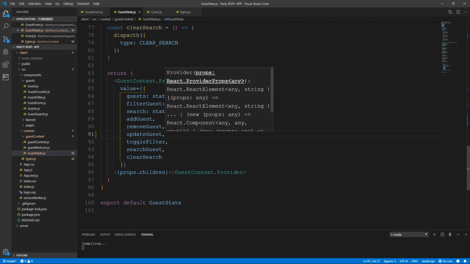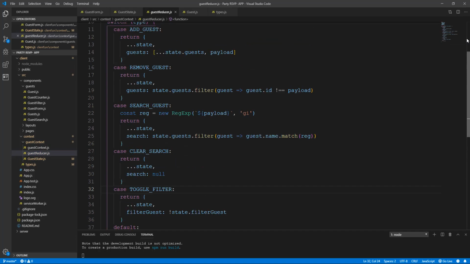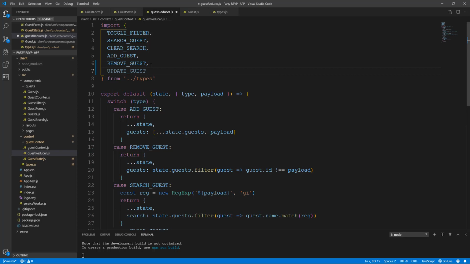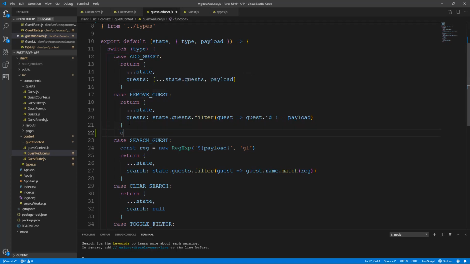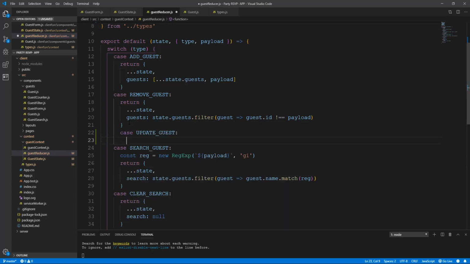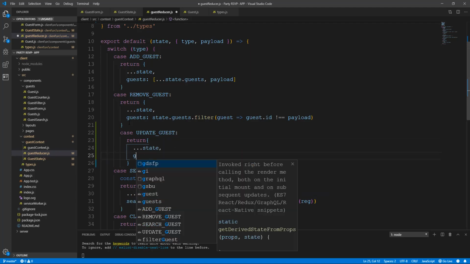Update guest, comma, and next I'm going to go into our reducer, and here we're going to bring in our update guest type, and next we're going to go into our switch, and here probably after this remove case we're going to put our case for update guest. Right, if that's the case, then we're going to return